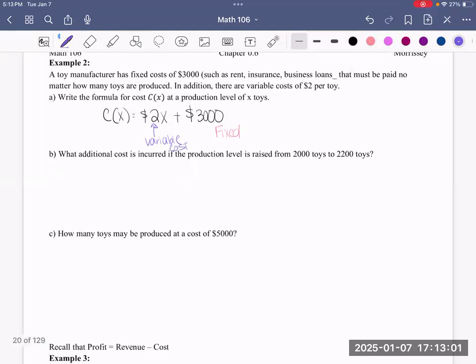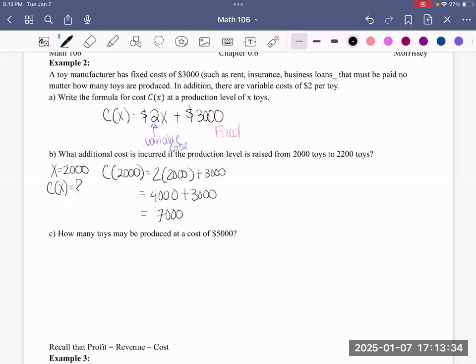Then it says, what additional cost is incurred if the production level is raised from 2,000 toys to 2,200 toys? Well, first we need to figure out your baseline, right? When x is 2,000 toys, what is the cost? So we can say, well, cost for 2,000 toys is 2 times 2,000 plus 3,000. That's 4,000 plus 3,000, which is equal to $7,000. So it's going to cost us $7,000 if we make 2,000 toys